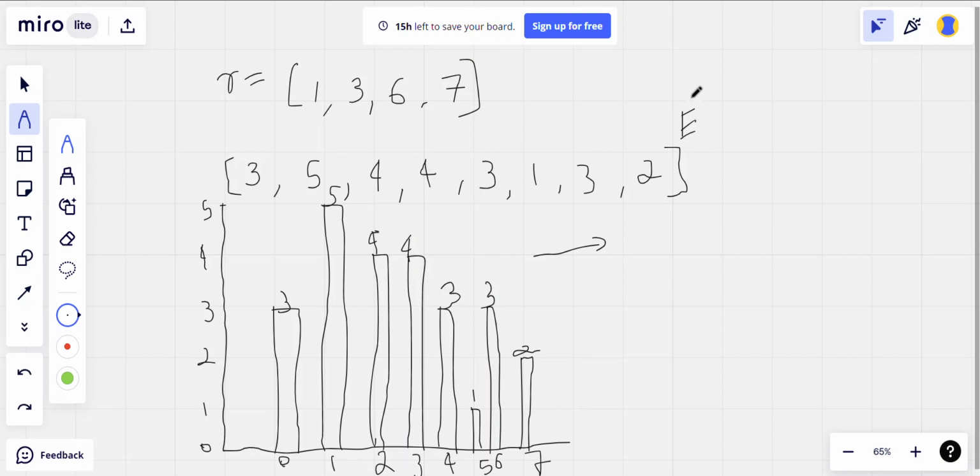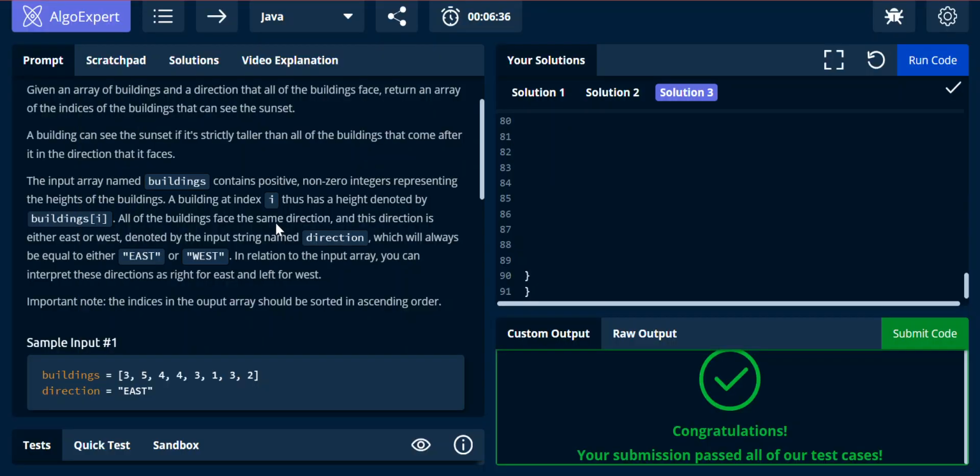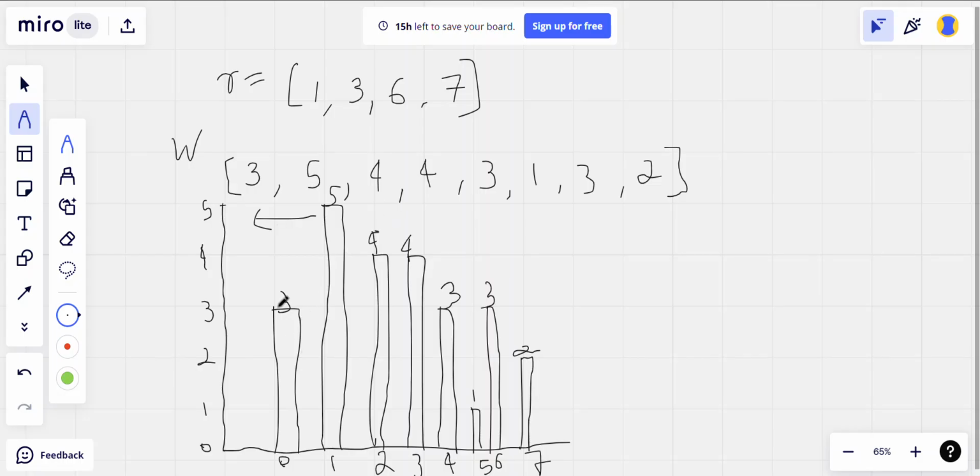At the same time, if this was west, if the input was this array and the input was west, the buildings would have all been facing this direction. Coming back to the question, a building can see the sunset if it is strictly taller than all of the buildings that come after it in the direction. So this one is facing this side and it can see the sunset because there are no buildings after this position. So the result would be,